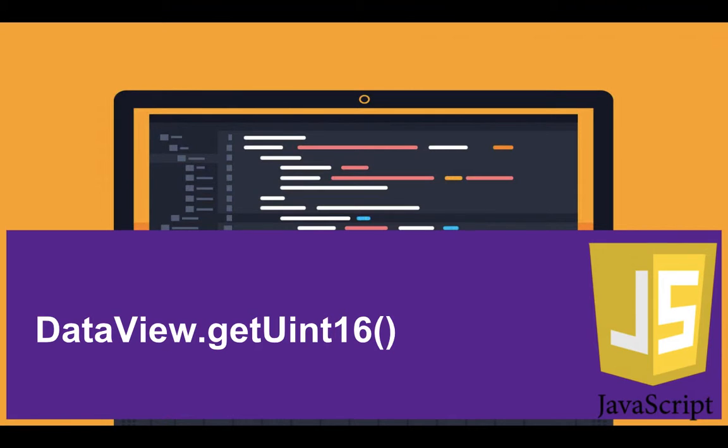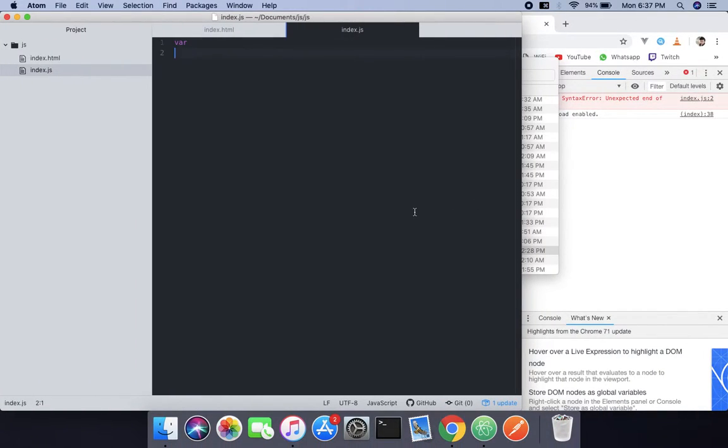You're gonna learn about DataView.getUint16. It gets an unsigned 16-bit integer specified by offset from the start. I know you don't get what that means. Let me show you. So, what you need to do is create a typed array,